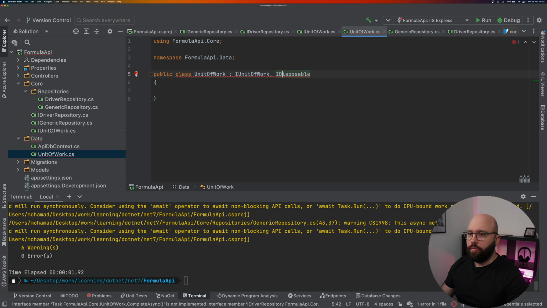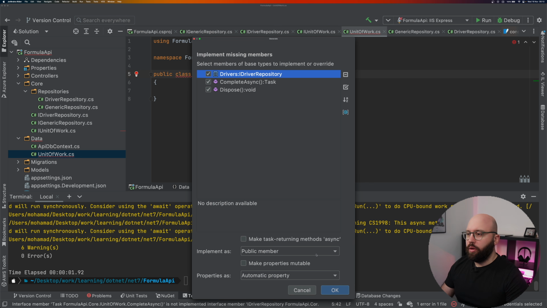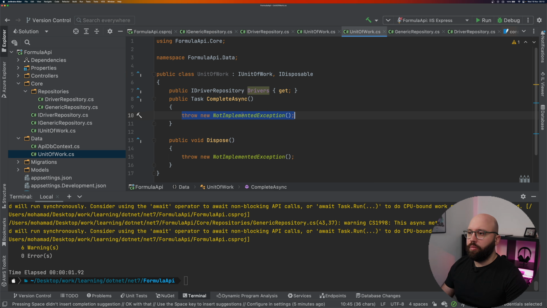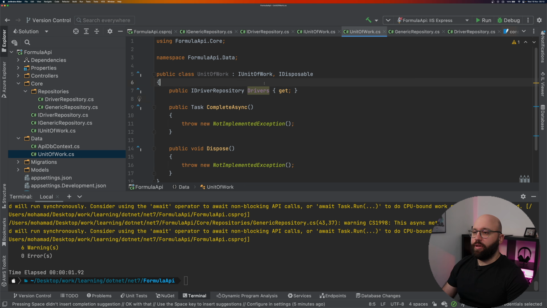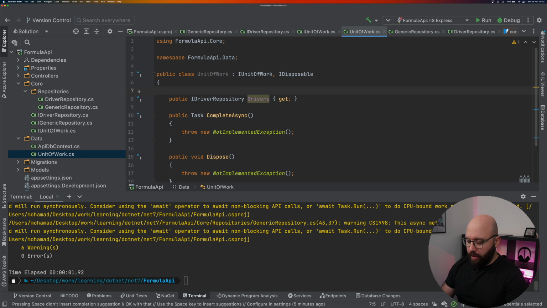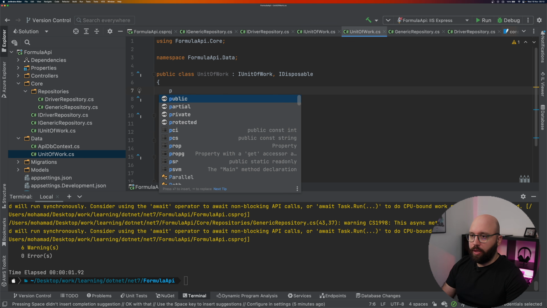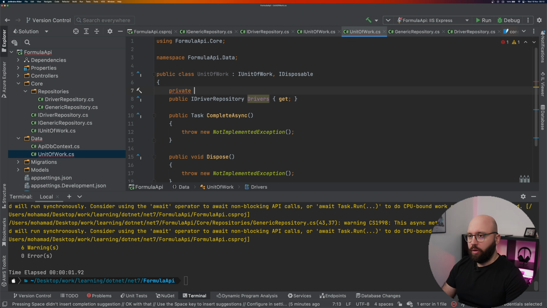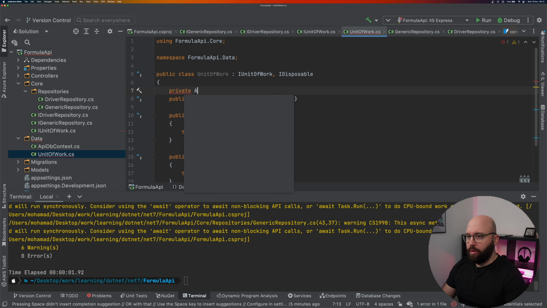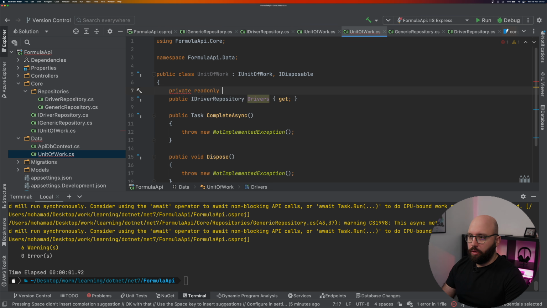Okay, let's implement them. Perfect. So we can see here it already started implementing everything for us, which is great. So the next step here, first of all, let us assign the DB context. So it's gonna be private. Actually, let's make it public. Actually, private is better. Private read only API DB context. I'm just gonna call it context,